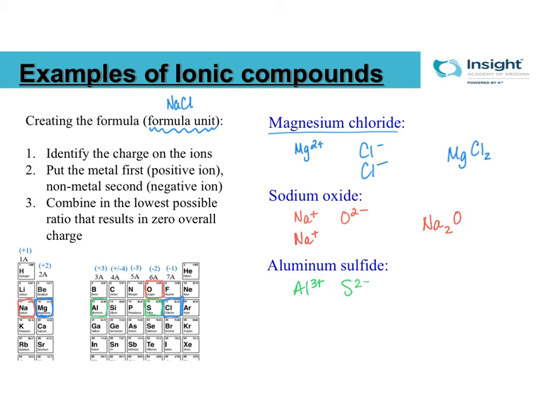If you're really good with numbers, you probably already know what to do. But just in case you don't see it right off the bat, you still work the same way. I've got more positive. I've got 3+, 2-. And let me throw another sulfur in here. Now I have the problem of I have 4 negatives, but only 3 positives. Well, I need some more positive then. So let me throw another aluminum in there. So now I've got 6 positives, 4 negatives. So if I add 1 more sulfur, I'll have 6 positives and 6 negatives, which will give me a formula of,